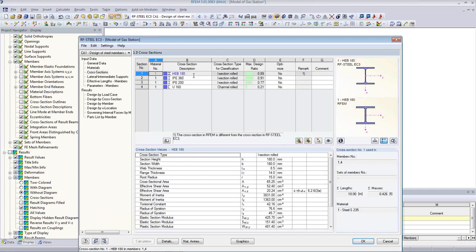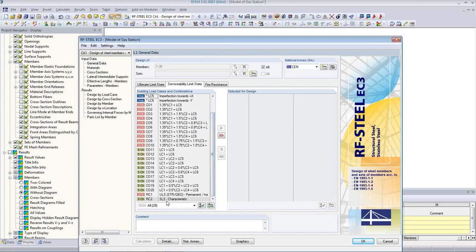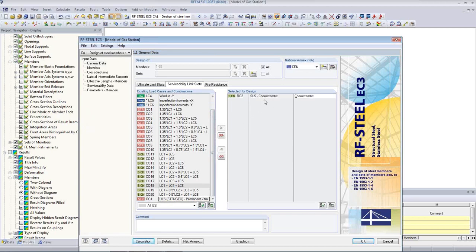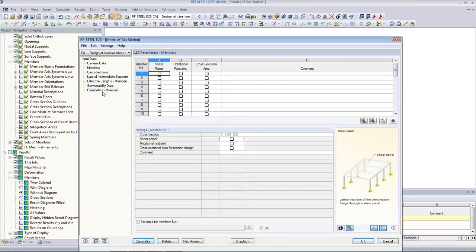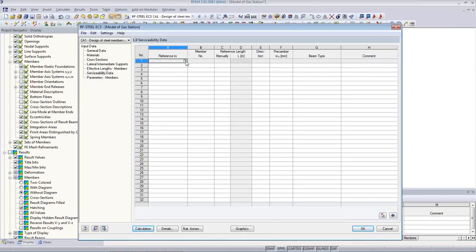And I have done this analysis before, and I know I will have to use something like this, or we can check it maybe. I enable now the serviceability limit state, and I use my characteristic combination. When I do serviceability, there are additional parameters that have to be set. Let's run it. In the serviceability data, I have to set which members I want to check. I say members, and I choose